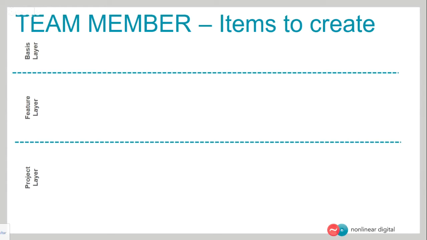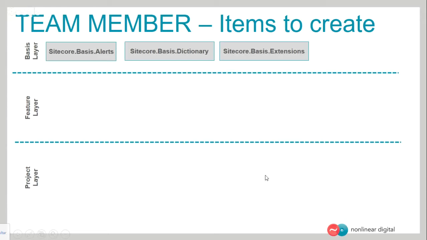Okay? Now, let's have a look at the artifacts that we are going to implement during this demo. So basically, I am separating the 3 layers here. We'll start with 3 base components. They are at the basis layer, also known as the feature foundation layer. So we have Sitecore basis alerts to give us good-looking alerts on the screen. The Sitecore basis dictionary for dictionary handling, and Sitecore basis extensions, which has some fancy extensions to help assist during